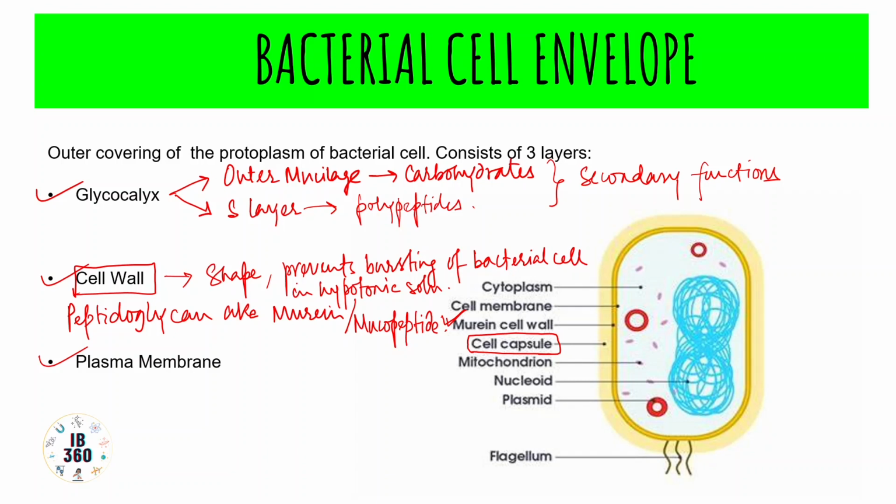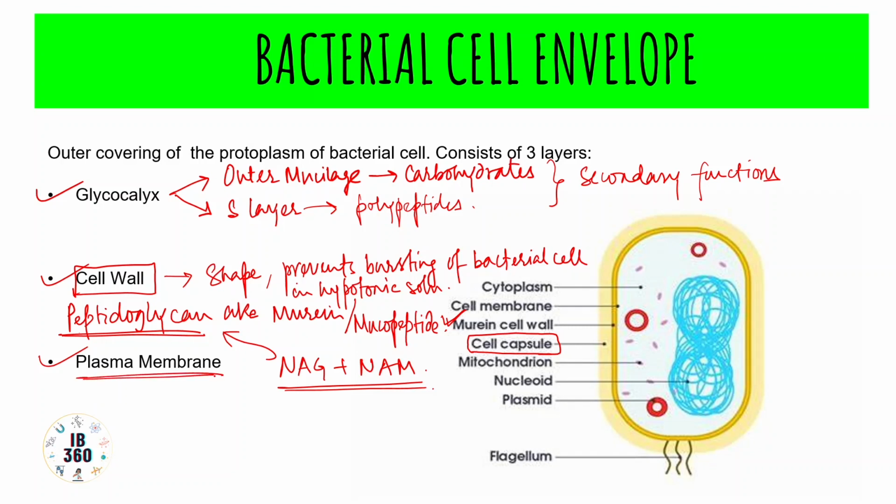And one more important thing is that peptidoglycan consists of long glycan strands formed of repeating units of NAG and NAM, which is N-acetyl glucosamine and N-acetyl muramic acid. So in the comments below, you answer this question: whether peptidoglycan is a heteropolymer or a homopolymer, based on this information. Fine.